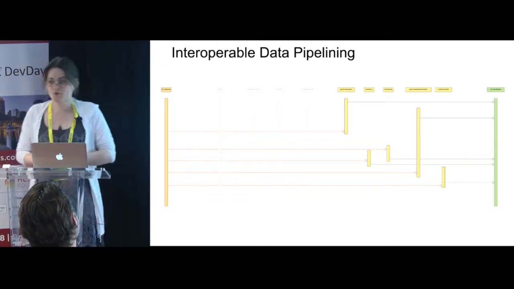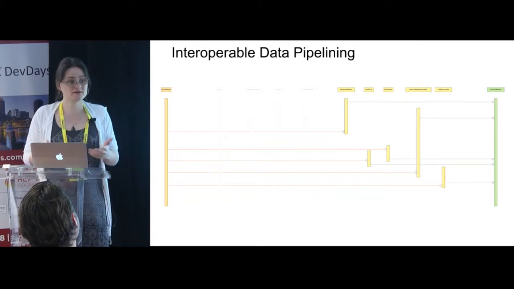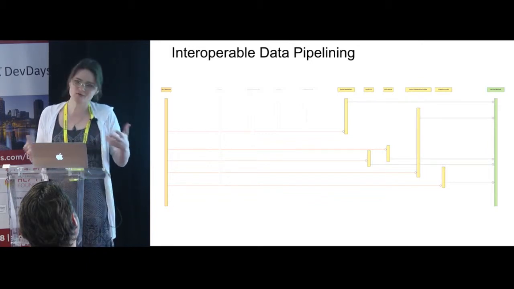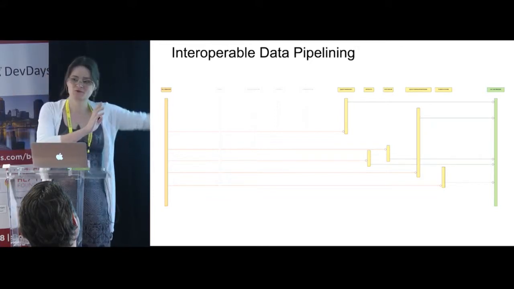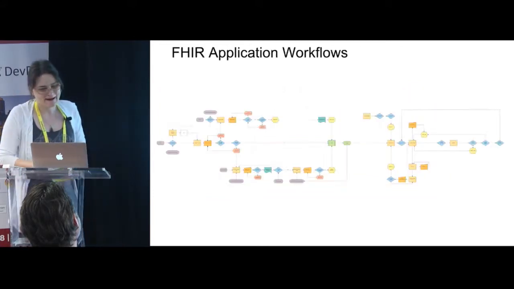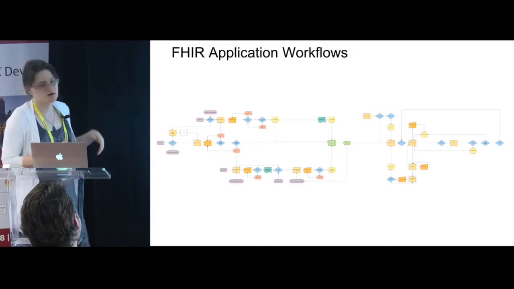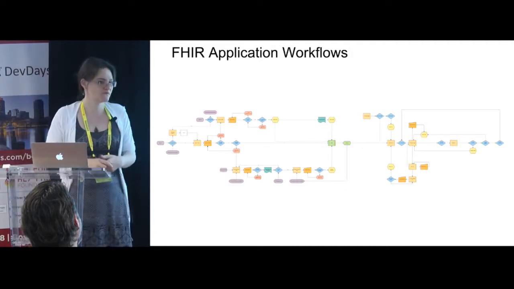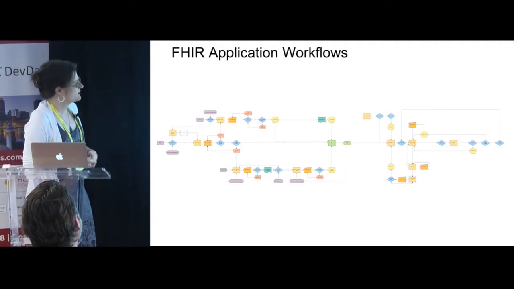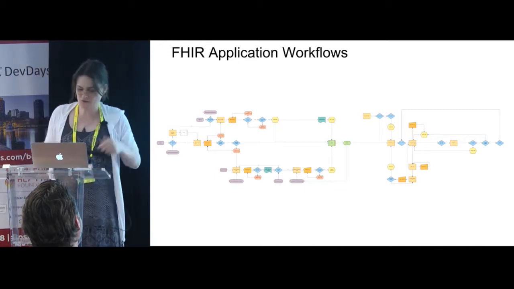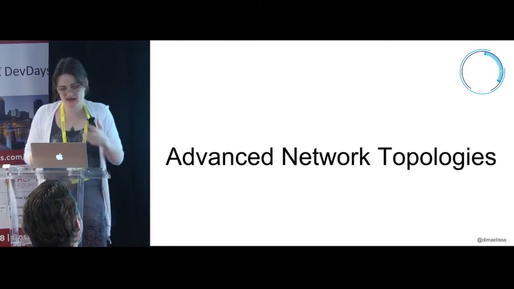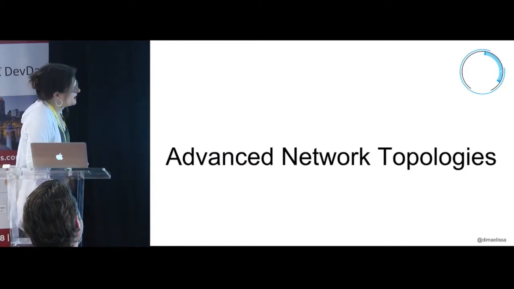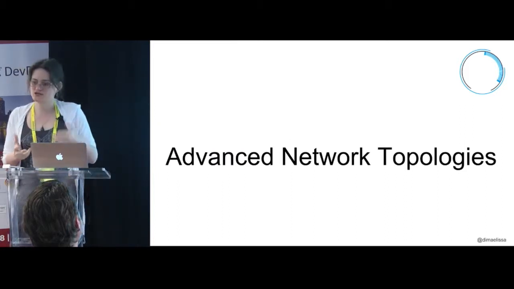data pipeline. We developed this at UC Santa Cruz. We sometimes call this the Redwood methodology, because thinking of the redwood trees and shuffling them one to the next to the next. And then putting it all together, you can build larger application workflows. So this is a workflow that we did. Putting all of this together, we can do advanced network topologies,